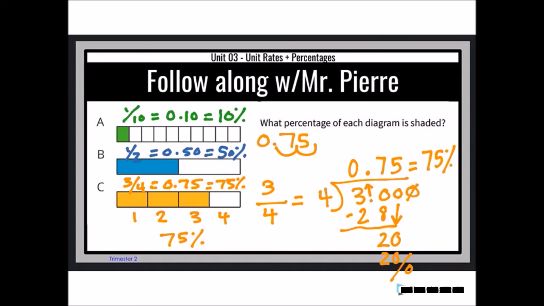So we want to make sure that we are using our manipulative today to be able to convert our fractions into decimals, decimals into percents. And if you are one of our super students and you're like, Mr. Pierre, I just know that one, I know my benchmark fractions, so I know